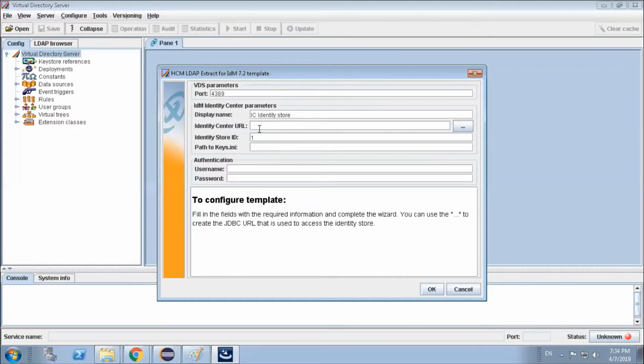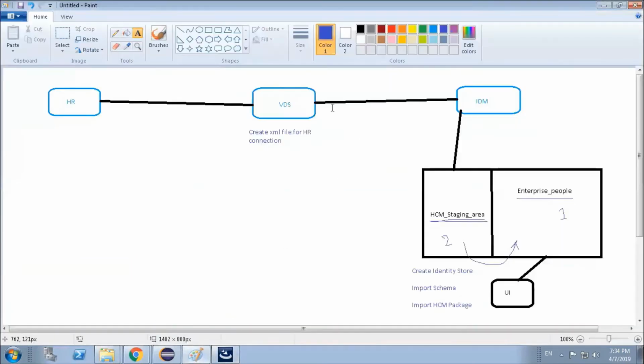Now identity center URL. In order to create our identity center, what is this area? This is the database area, right? Identity store is nothing but our database area.